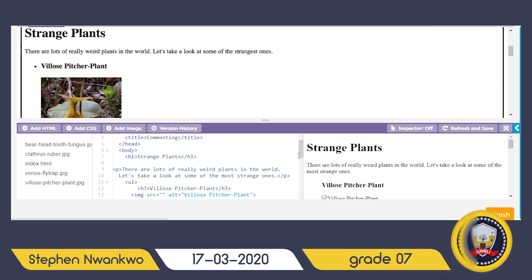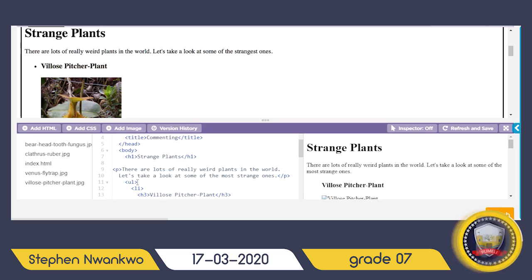Okay. Now next is the unordered list. I told you before that unordered lists means what? Arrangements using bullets. Now this is an example of a bullet, but over here there is no bullet. So what do you do? You debug this web page so that you will have a bullet here. So we have UL, that is unordered list. After UL you have the list, because it is arranged in a list. You put your list tag, li,